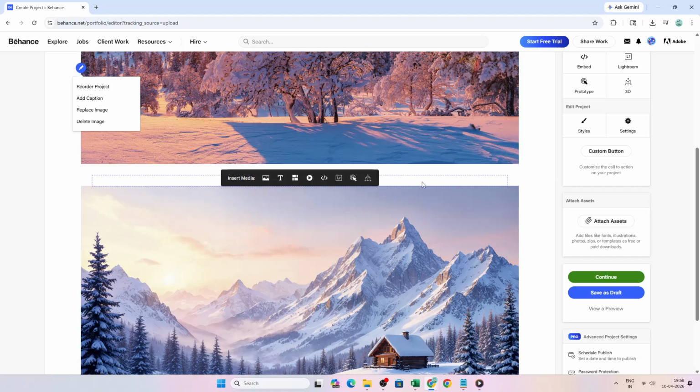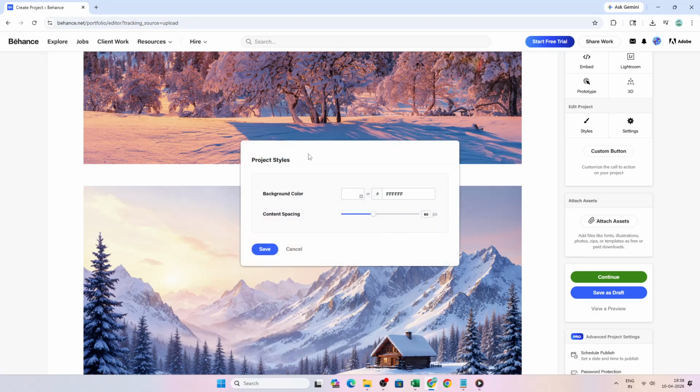Next, access your global style controls. In the editor, click the Styles button. Depending on your layout, this may appear at the top or along the side of the editor panel. When you open it, a Styles pane will slide in, usually on the right. This pane centralizes the visual settings that affect your entire project, which is why it's the best place to fix